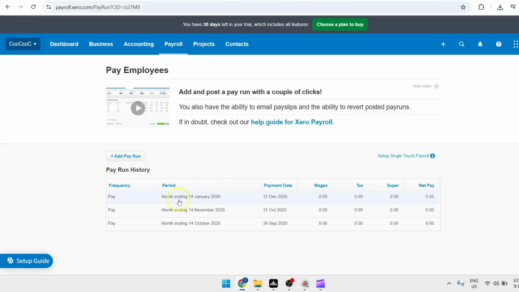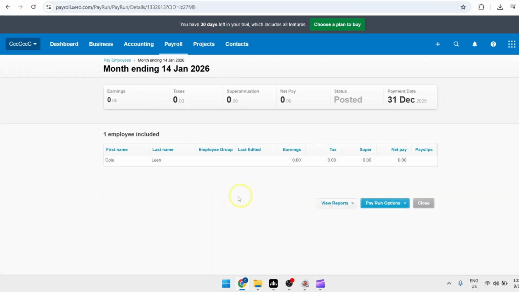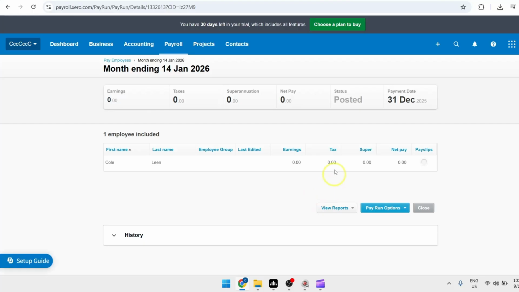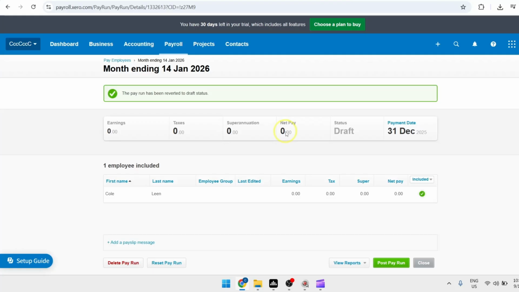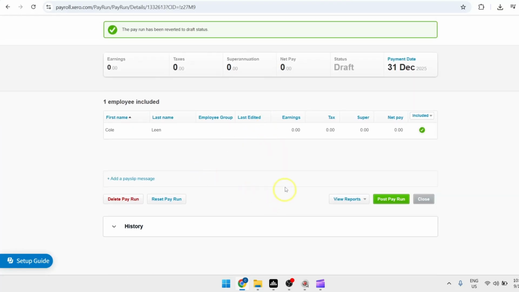Now select the specific pay run that you wish to edit. So say for example, we're going to click on this specific pay run. And for you to be able to edit this pay run, click on pay run options, then click on revert to draft. Just confirm by reverting the pay run. This will take the pay run back into its editing form or draft mode where you can change details about the